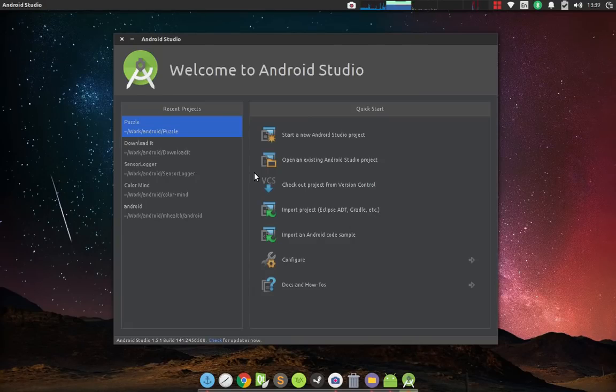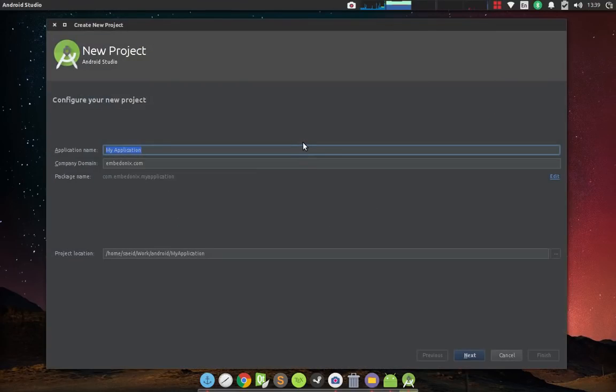Okay, as you can see, I have already started Android Studio. I'm going to simply start a new Android Studio project, and I will name the application Chronometer, and the company domain is my website's name, medonix.com, and the project location will be in my home directory and inside the work directory, and you're free to save this project anywhere you want. This is just my preference. Okay, we press next,